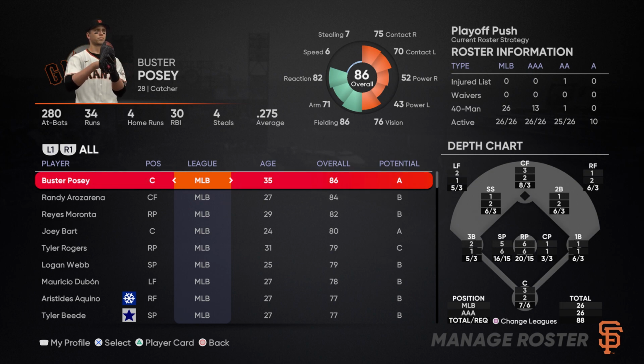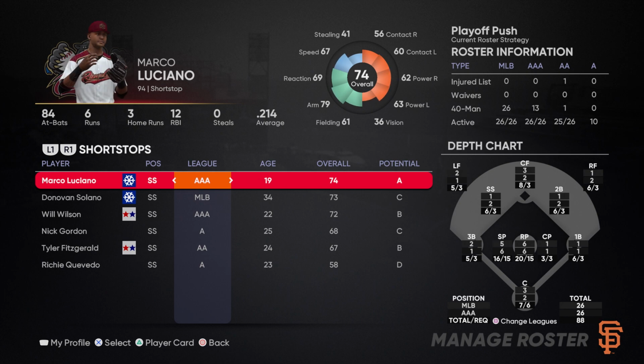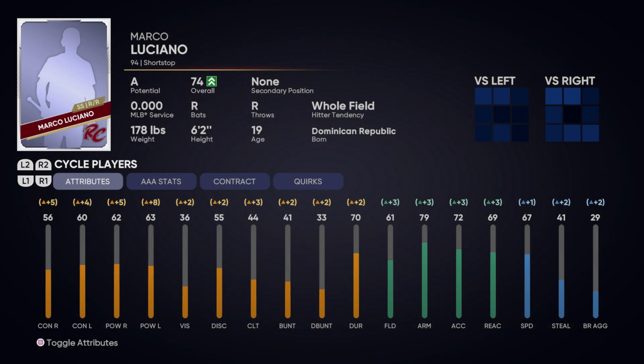If you have B potential, you're going to develop generally at a faster pace than a C potential. And so a good example of this, and this will lead into some points later on, is Marco Luciano. So he's not playing all that well right now, only batting .214. He was down in Double-A at one point, batting pretty well down there, but he's not playing lights out or anything. Nothing that would say this guy should be progressing really well. However, he's getting really, really good progression